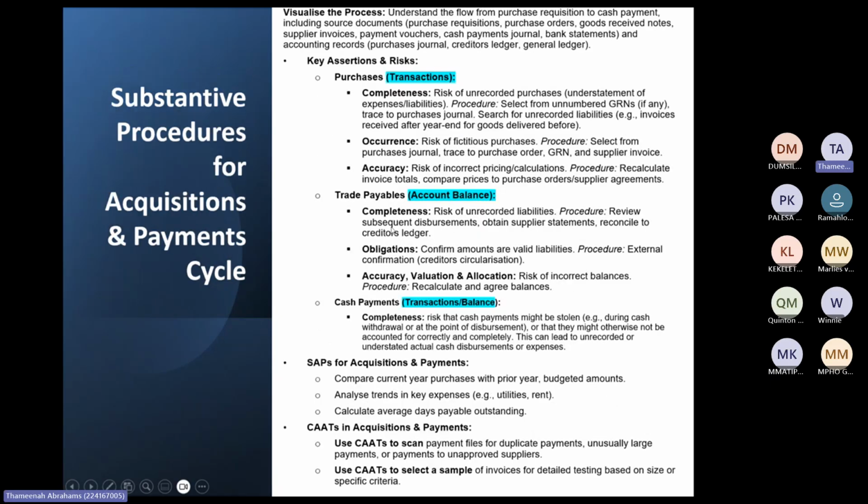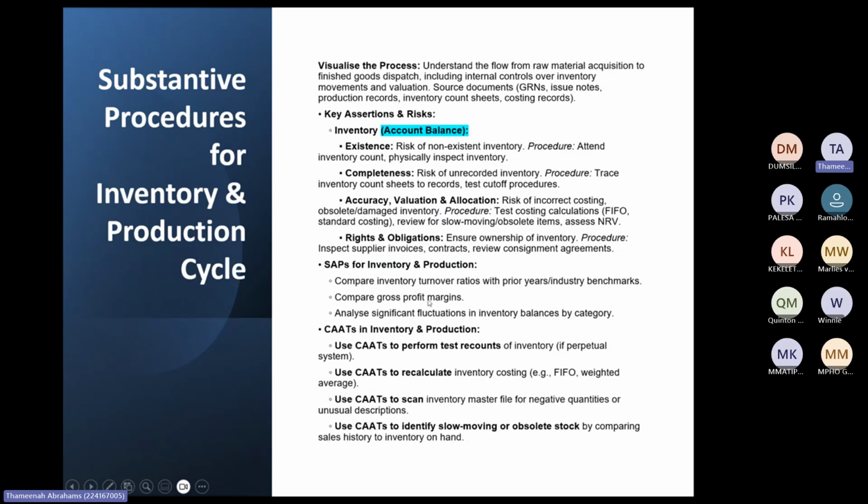Okay, so all the other stuff would also be, for example, you have trade payables here in the cycle also, because remember, your client can still purchase the raw materials on credit. So you'll still have a trade creditor, or you'll still have cash and cash equivalents. Makes sense? That's why I don't have that on the slide, but you must still think of what's the other leg. Whenever you think of assertions, you always think of what's the accounting entry. So you'll debit inventory, you'll credit cash and cash equivalents, or you'll credit trade creditors.